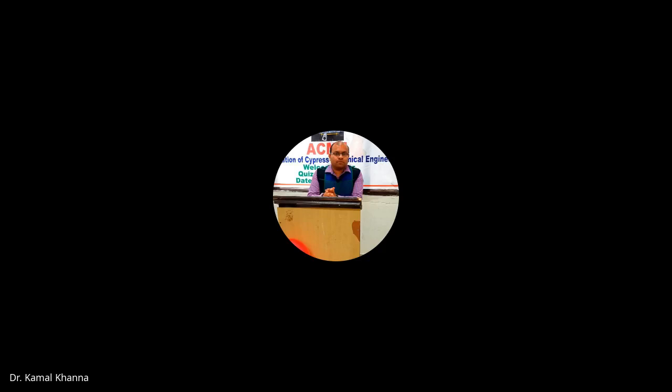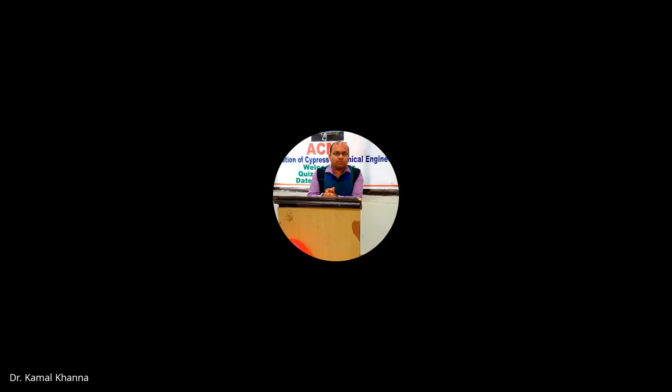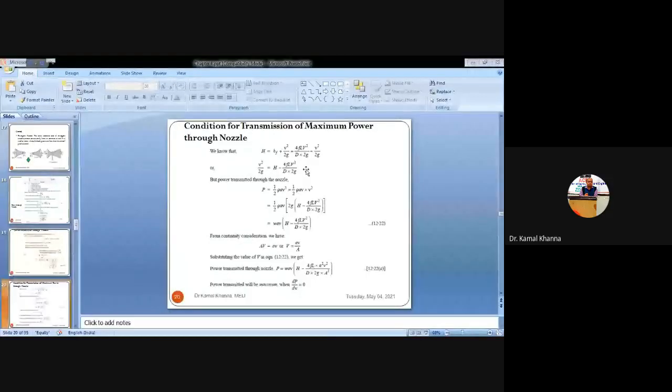And we know that the power transmitted to the nozzle is always equal to, as we have calculated in the previous equation, the power at the outlet of the pipe, which is half rho a V cube. So we are rearranging it and writing it as half rho a V into V square. You should consider it on the cursor of the mouse. So it is half rho a V into V square. So we are just putting the value of V square from the first equation.